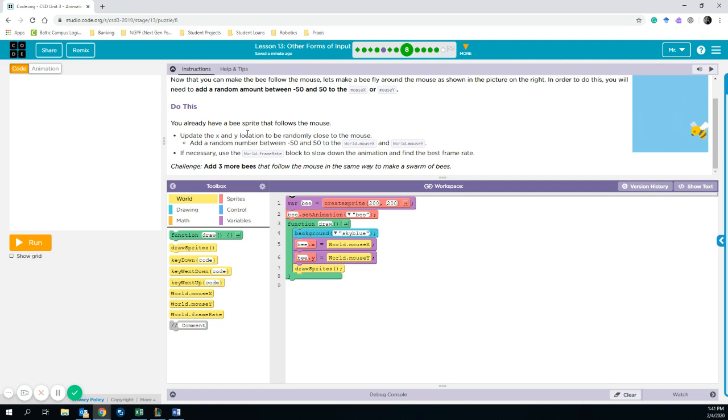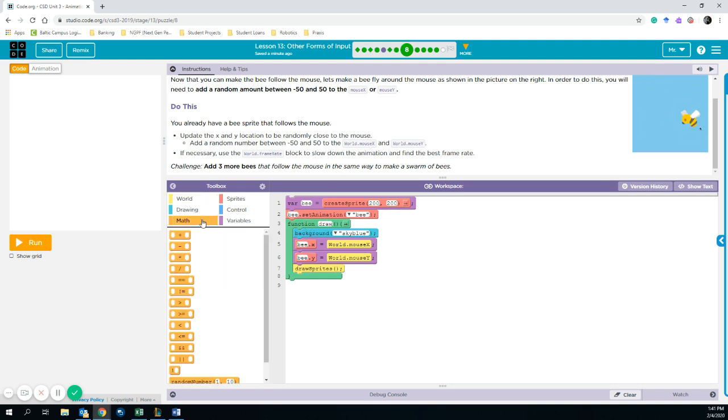Update the X and Y location to be randomly close to the mouse. Add a random number between -50 and 50 to the world mouse X and world mouse Y. Okay, so I need to add a random amount to this. So random number, whoops, pull this out. Random number,